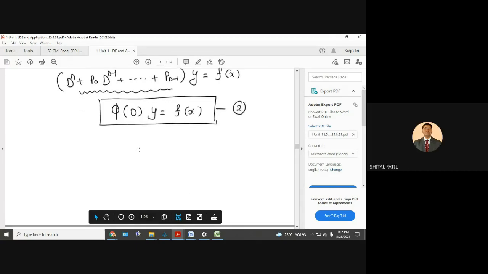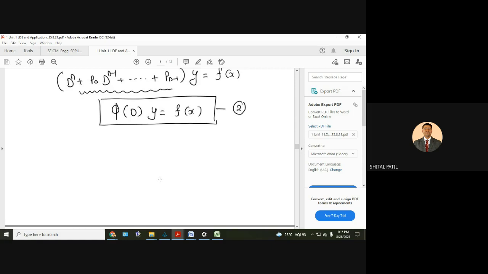Phi of dy equal to 0, y equal to, we are getting some value, we are getting y in terms of x, na? So that is solution of that differential equation. Right now, see the equation number 2. It is visible, na? So right now, differential equation is phi of dy equal to f of x. Time being, let me consider f of x equal to 0. So I have a new differential equation, phi of dy equal to 0. Solution of this new differential equation is the complementary function.